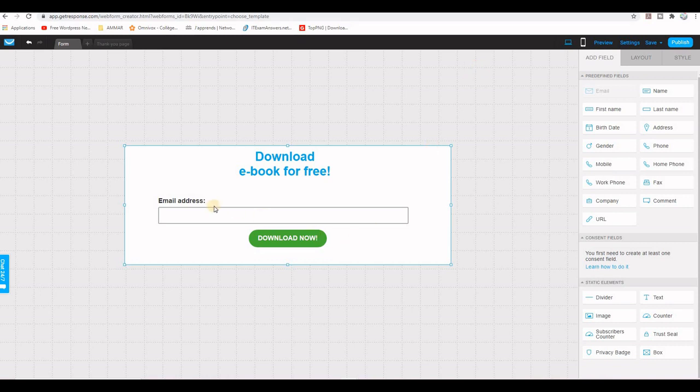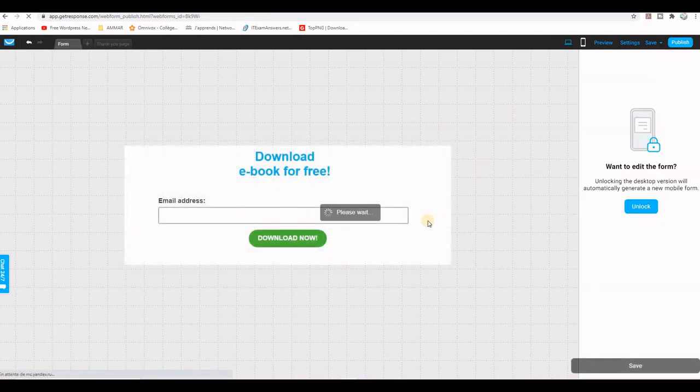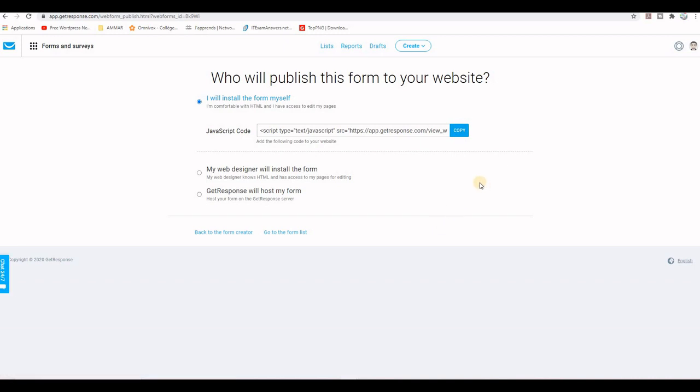So anyone that inserts his email address here and clicks the button will be taken to that bridge.html. And after that, when he goes to his email inbox and clicks the confirmation link, he will be taken to the download page. So what I'm going to do now is publish this form, and I will get a code, a